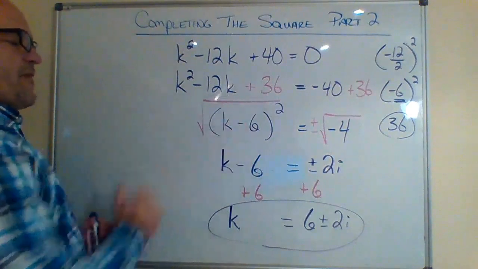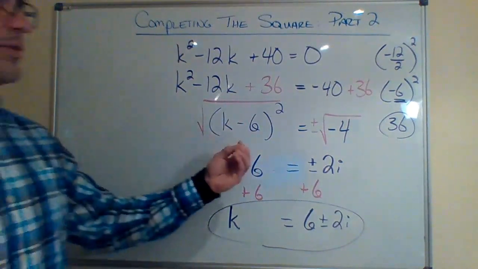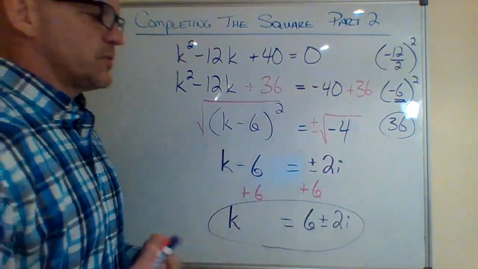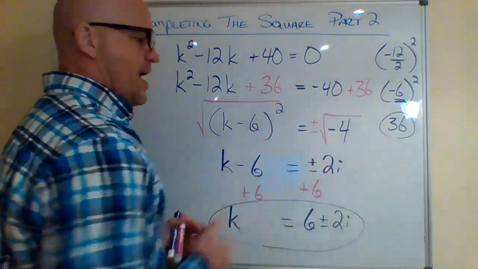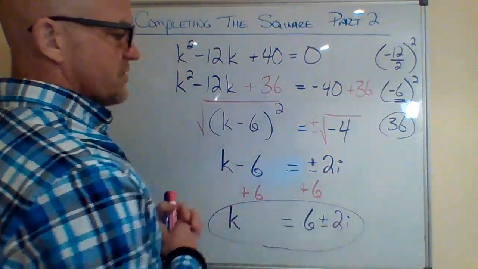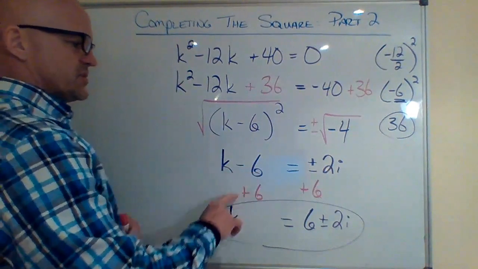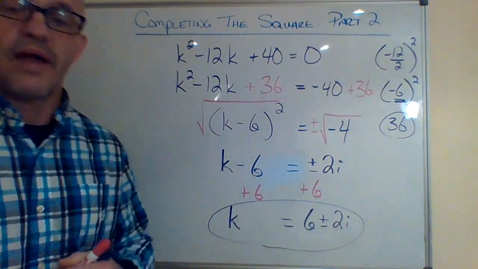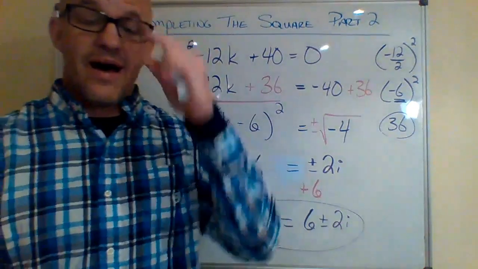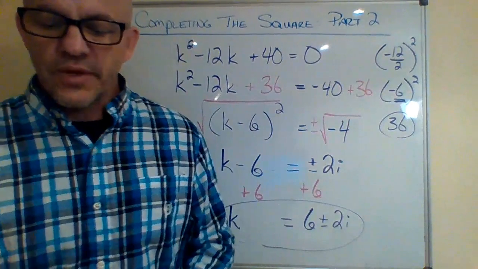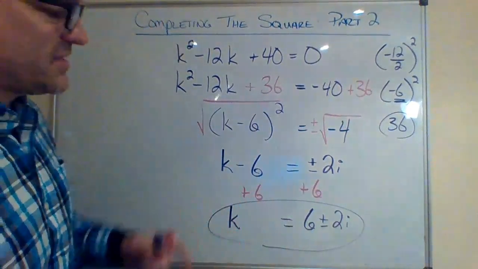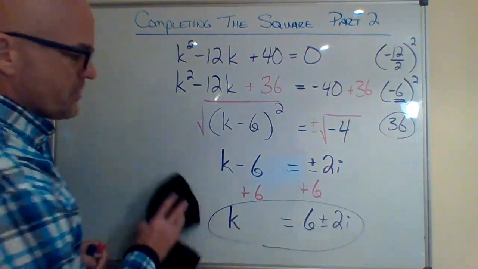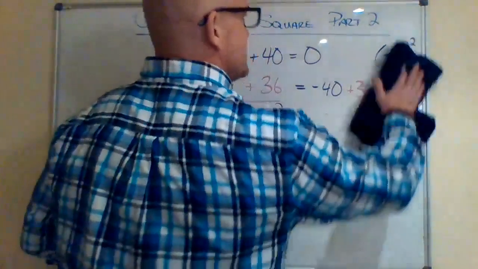And of course, this guy will now factor as k minus 6 squared. Square rooting to solve, not forgetting our positive or negatives. Nice thing here is the 4 reduces out, so the root goes away, but you also have your i that pokes out there. So we wind up with positive or negative 2i. We then have to finish this off by adding 6 to both sides. That's going to give us k equals 6 plus or minus 2i. Again, you cannot combine that because one has an i and one doesn't. Same thing as having a radical. If you need to, go back over that, look over it, make sure you're okay with it. Next example,